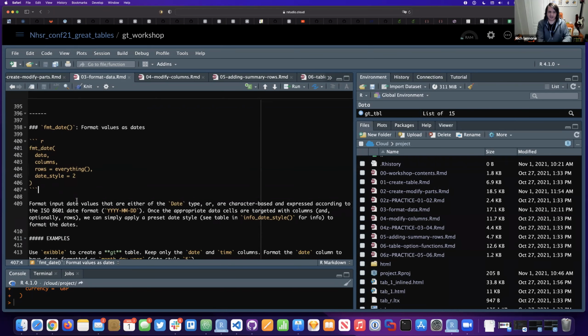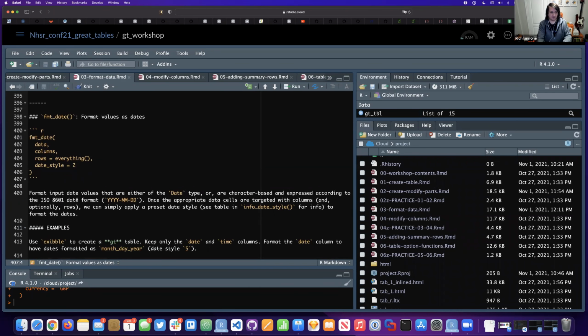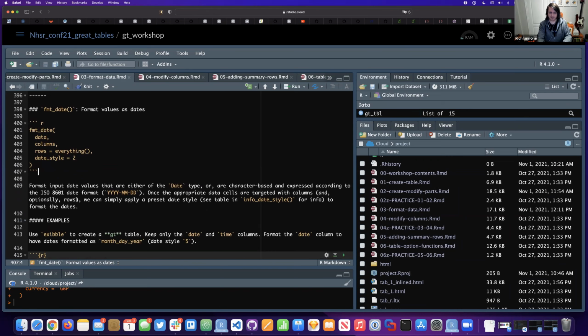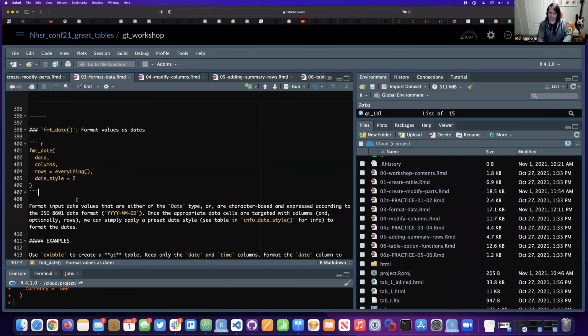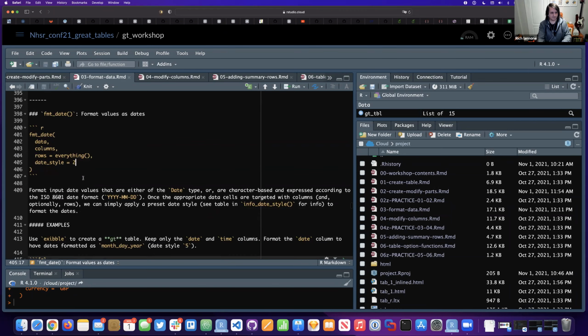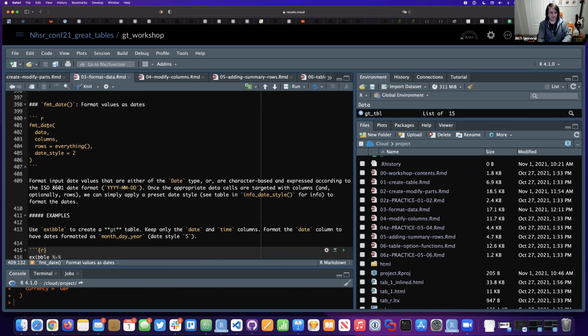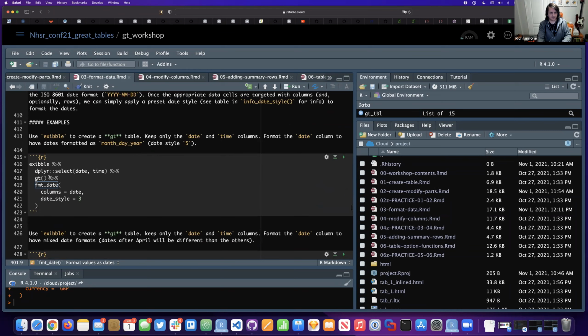So formatting values as dates. Sometimes you'll have a date or dates and times or just times in your table. And you'll want to simply format that just to make it look a bit nicer or to adhere to some format that you have. So you can do that with format date, at least dates, you can do that. So let's take a look at this table. We have